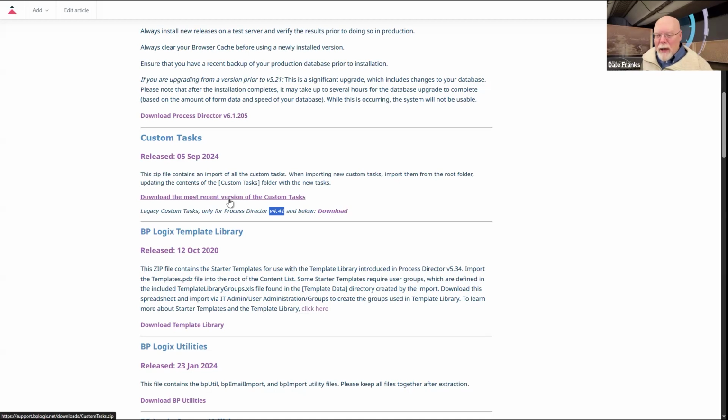But there's just a single link to download the most recent version of the custom tasks. They all get downloaded in the custom task folder. So even if we only change one of them, you still need to come and download the custom task. Now, with all of our downloads, you can see what the release date is. So these custom tasks have a release date of 5 September 2024. That is going to change whenever we